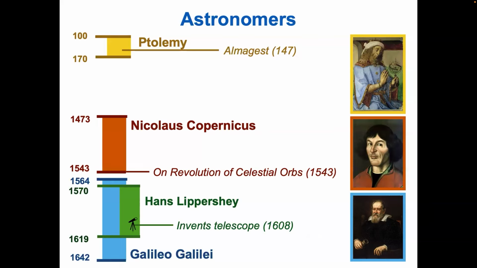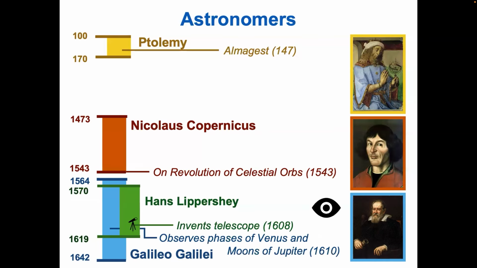Now it seems very obvious to us, but originally they invented telescopes because they just wanted to see ships coming up the horizon. So if you could see what ship is coming back first, that's really, really important. Things like that is what they were more interested in. So Galileo, he had this telescope, and then he observed phases of Venus and the moons of Jupiter in 1610